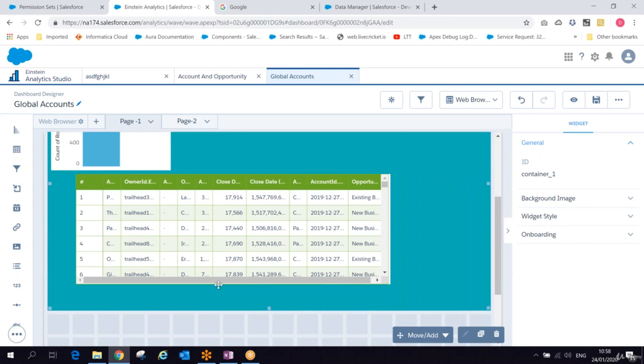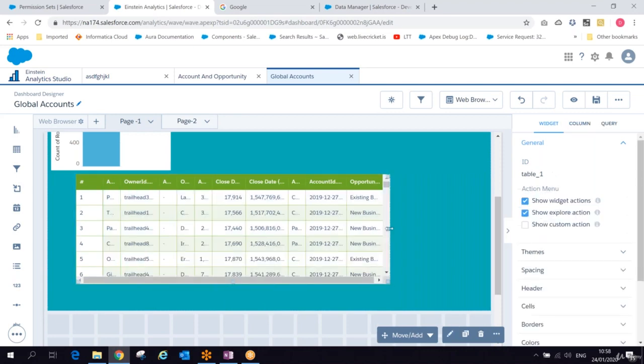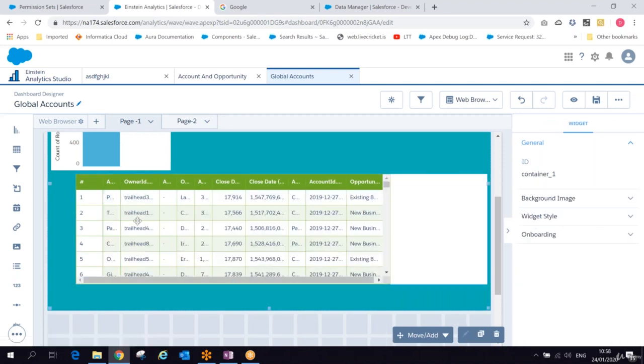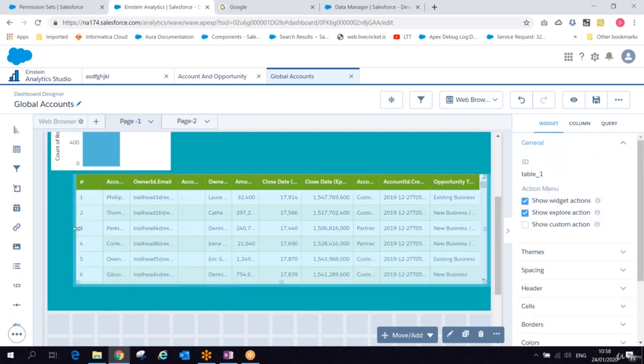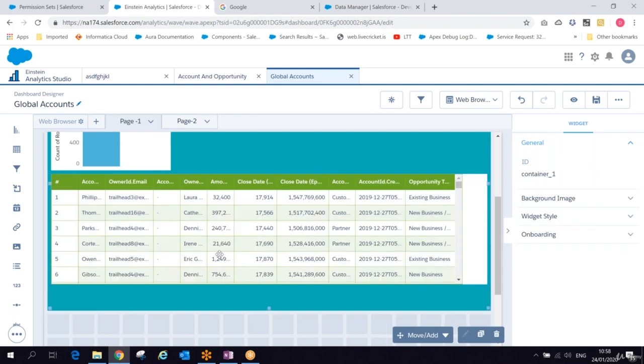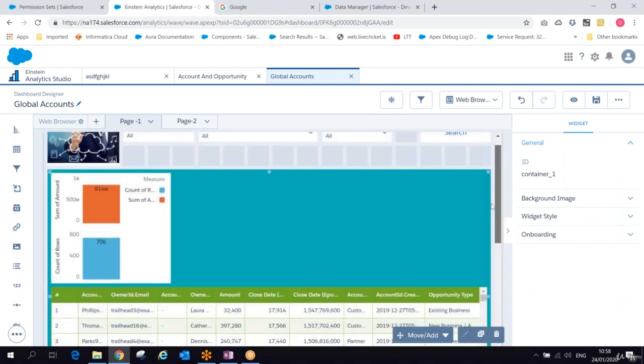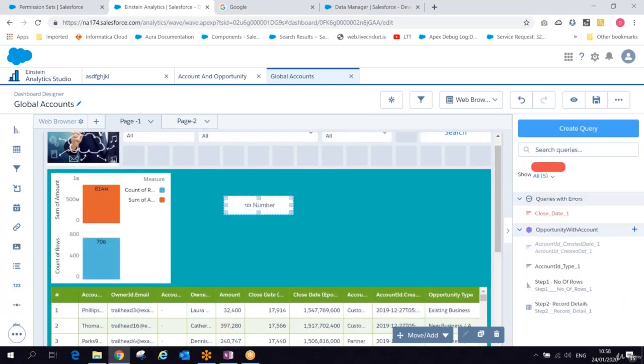Okay, let me fit it completely. You can drag it to fit how you want. It may completely fit. So now if you see, I will take this number widget to here. Okay, now on this dashboard, on this number widget, what I want to do in the number widget, we can